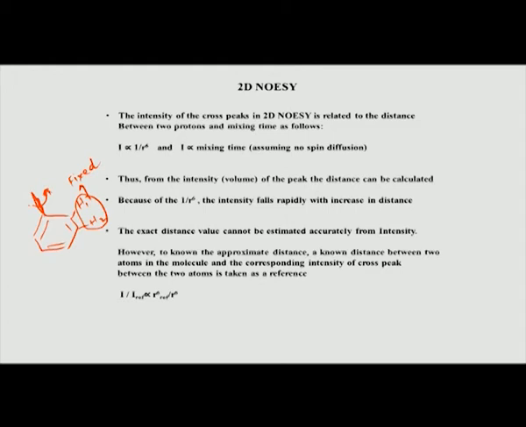So, this is a qualitative way to estimate the distance, and that is also fine, because this procedure of using a reference may not always work for a given system. You may not have an aromatic at all, and that is the only system where distances are fixed. It is difficult for any other moiety in a molecule to serve as a known reference. So, these are the different ways in which intensity and distances can be related.